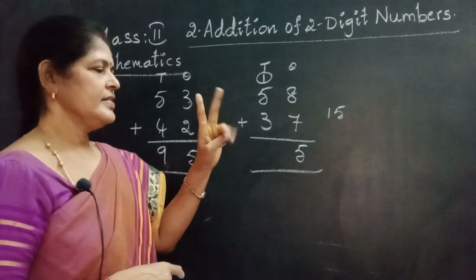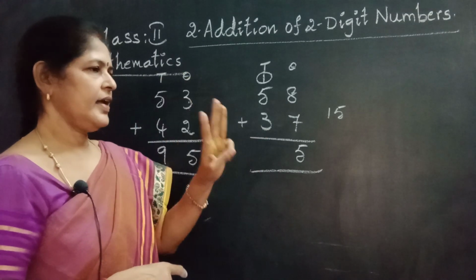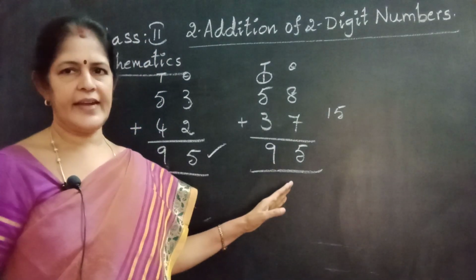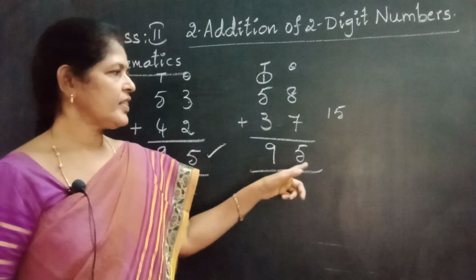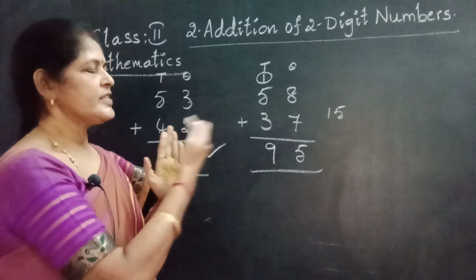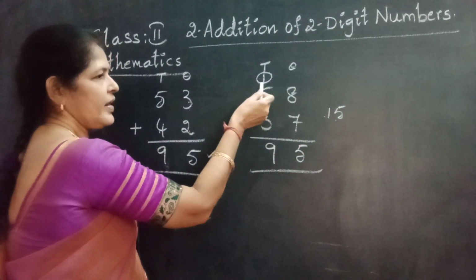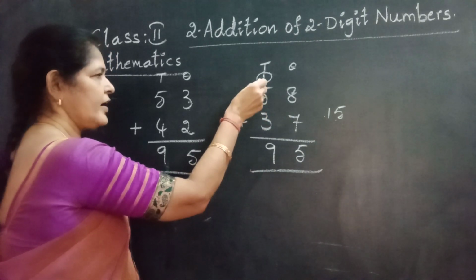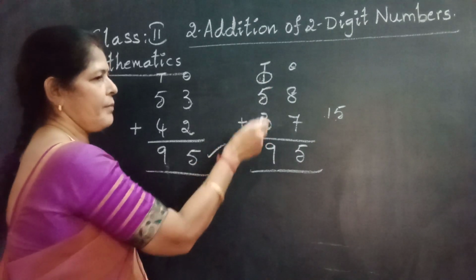1 plus 5, 6. 6 in the mind. Take 3 fingers. 6, then 7, 8, 9. What is the total? 95. 2-digit numbers, 2 lines with regrouping. With regrouping means after adding ones we get a 2-digit number. We split the number: write the ones digit in the ones place, and carry the tens digit forward to the tens place. And here we add the carried number, the first number and the second number. Here we have to add 3 numbers.